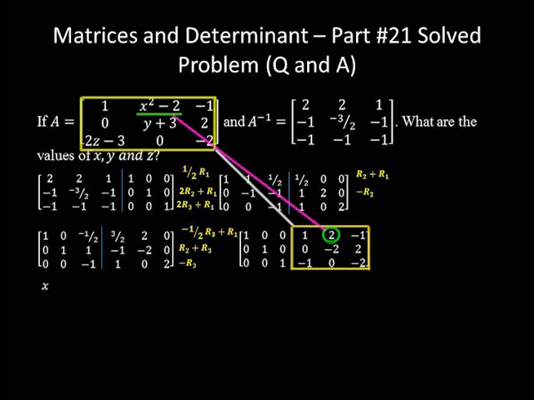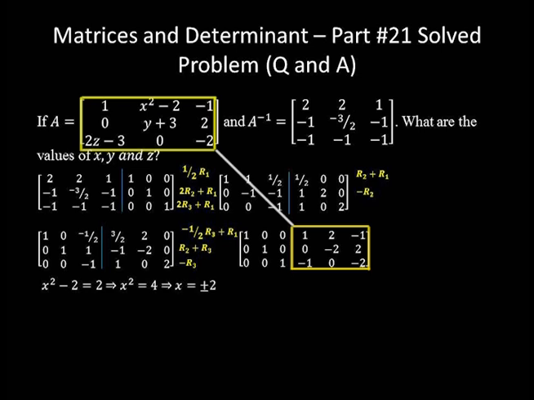That's x squared minus 2 equal to 2. Taking negative 2 to the right of equality sign gives us x squared equal to 2 plus 2, which is 4. If we take the square root of both sides of the equality, we get x equal to plus or